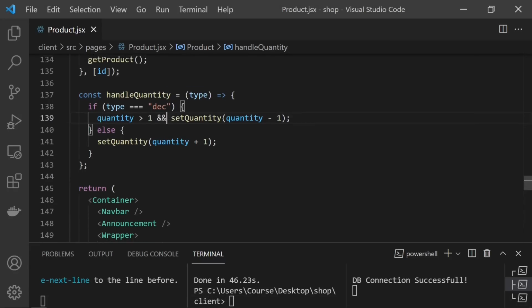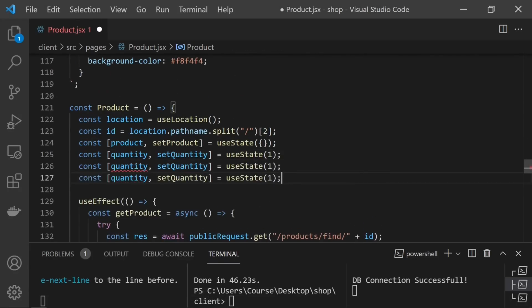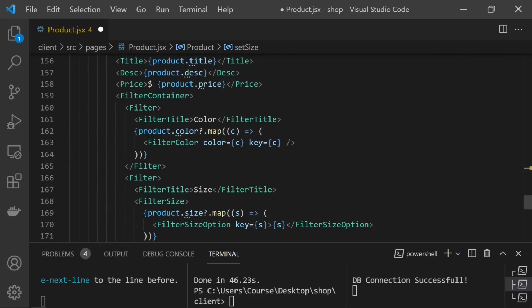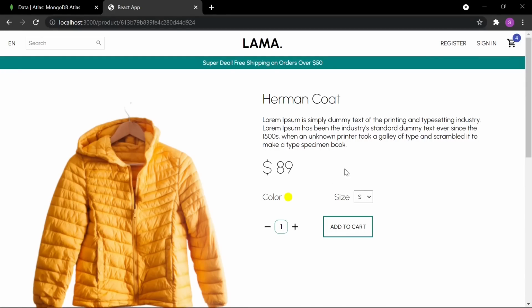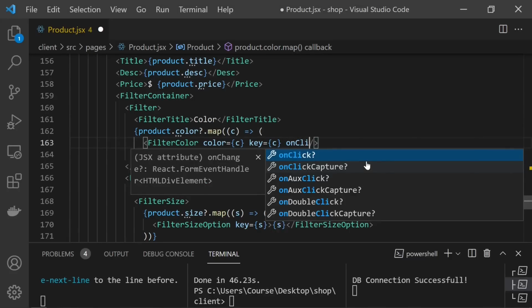I will use 2 more use state here, and they are gonna be null at the beginning or just empty string, and here I will say color and size. Okay, let's set this color and size. So when I click this color filter, we are gonna choose any of these color inside our array. Of course, there is only yellow here, and for example for another product we are gonna able to choose any of them. So I will say on click event,